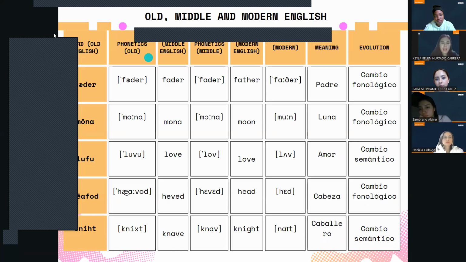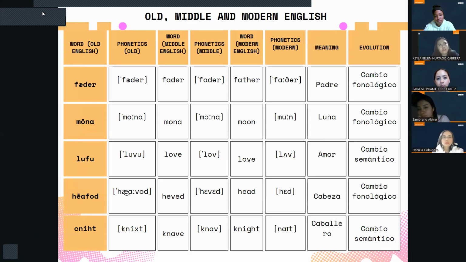The English language has changed a lot throughout history. We all know that from Old English to modern English, words have evolved in pronunciation, spelling, and meaning. In Old English, words were written and pronounced differently than we do today. For example, in Old English, we have